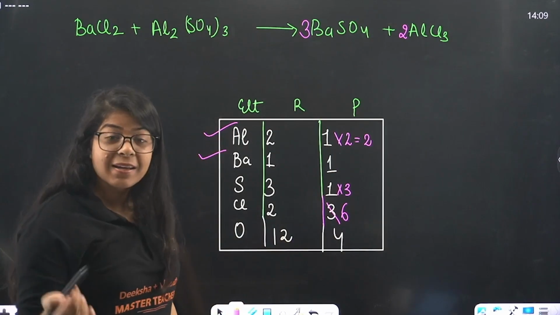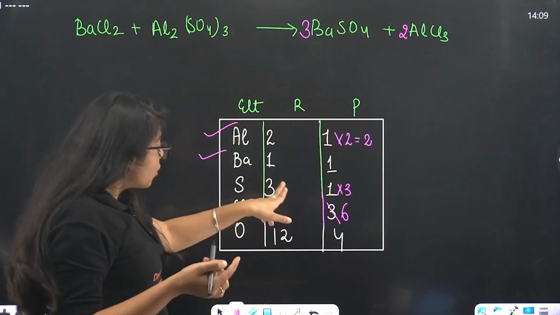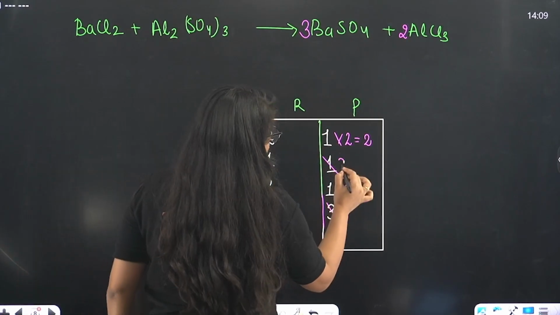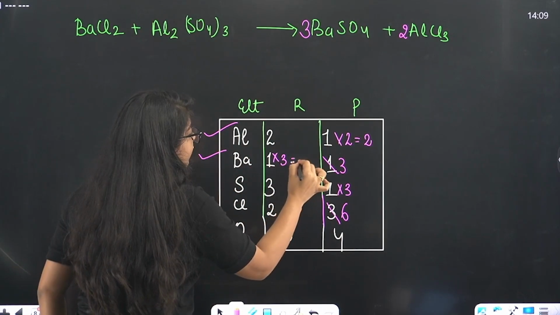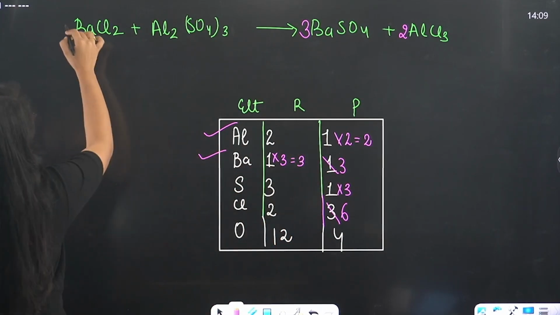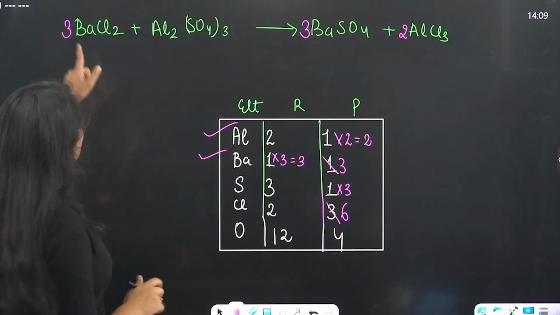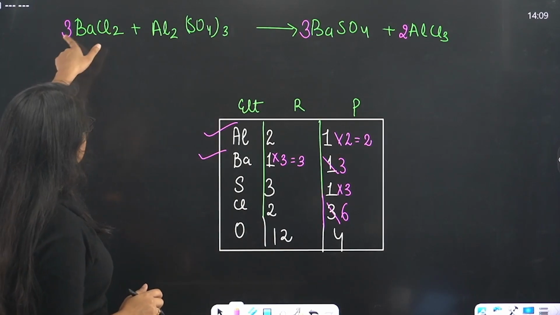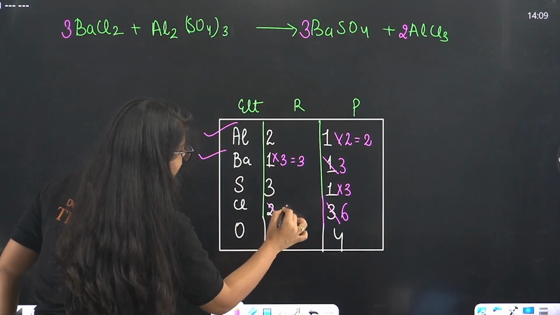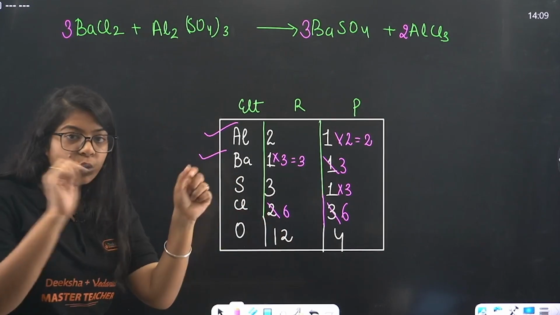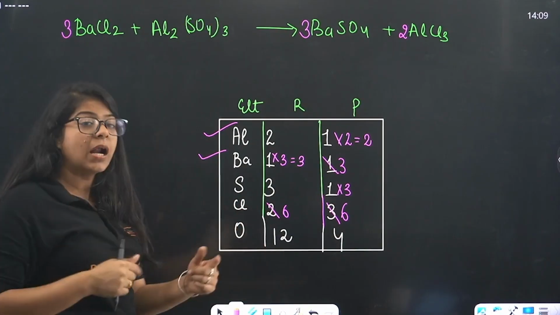Okay. But again, ma'am, in trying to balance sulfur, I unbalanced barium. Go back. I unbalanced barium. So, now what will I have to do? I'll have to multiply this one barium with 3. So, now this barium is 3. Understood? But again, in trying to balance barium, I unbalanced chlorine. So, now chlorine is not just 2. Chlorine is 3 into 2. That is 6. You have to cut it. Don't erase it. Cut it with the pen, so that you can know that you unbalanced it.